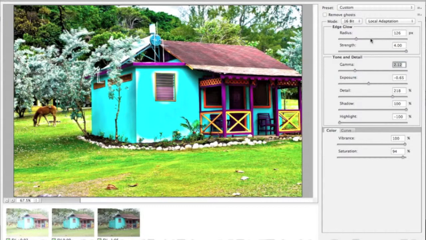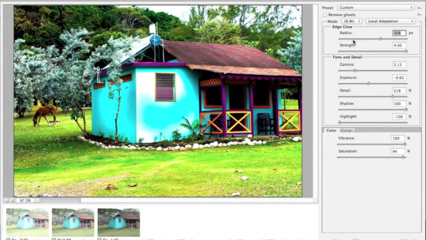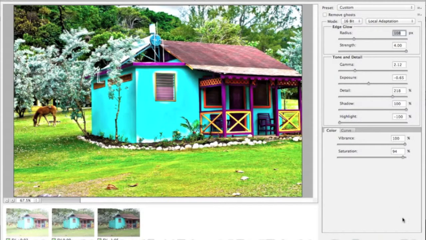Now let's check the edge glow and just see what the radius does if I increase it. Too much. Okay, looks good. Press OK,